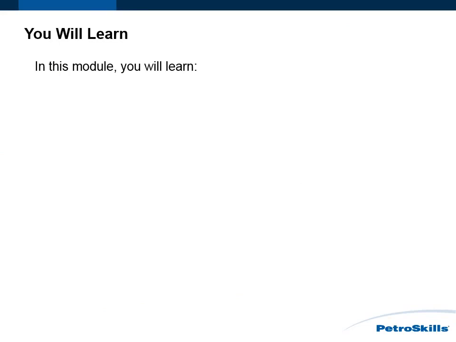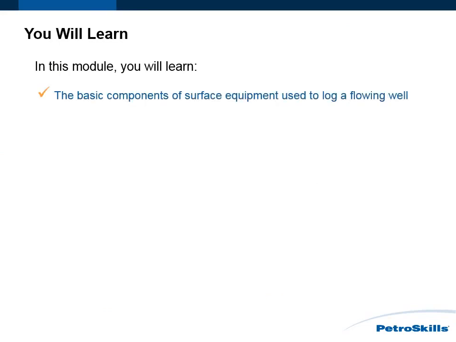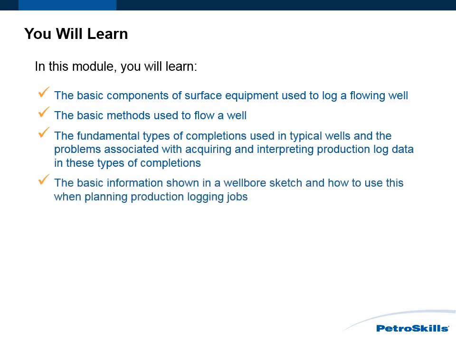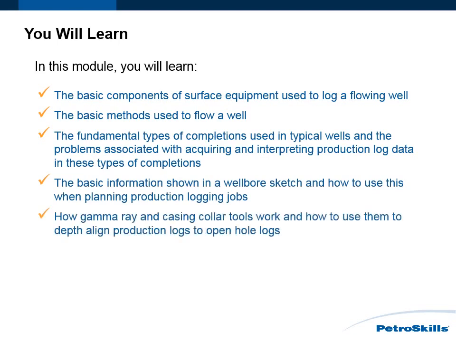In this module, you will learn the basic components of surface equipment used to log a flowing well, the basic methods used to flow a well, the fundamental types of completions used in typical wells, and the problems associated with acquiring and interpreting production log data in these types of completions, the basic information shown in a wellbore sketch and how to use this when planning production logging jobs, how gamma ray and casing collar tools work and how to